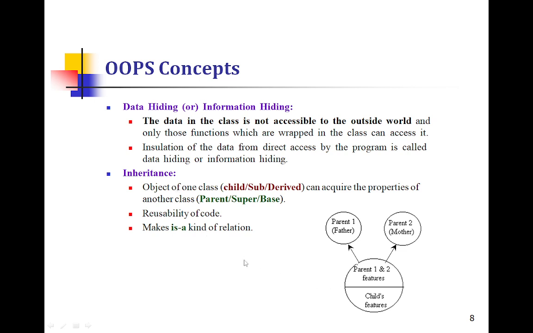So the characteristics will be inherited from our parents. The object of one class can inherit from n number of parents, that's fathers or mothers. As a child, it will inherit, and at the same time the child can have individual features. As human beings, we have individual characteristics, and at the same time we also inherit characteristics from our parents. Similarly, in the inheritance concept, we can have parent classes and a child class or derived class. The child class can inherit the properties from the parent classes.